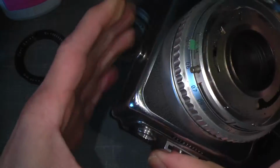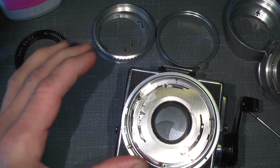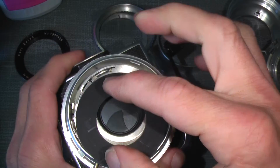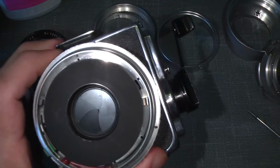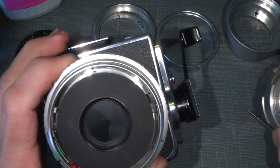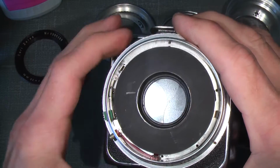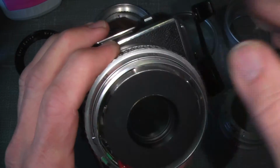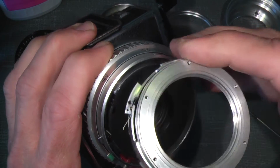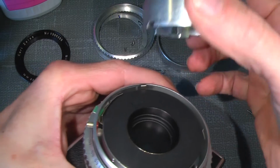Now, then it's time to put things back in again. And here we're done. So, the blind here, black thingy, put on here. The cover for the shutter. Remember the spring here goes where the locking pin for the self-timer sits, and then it should be possible to, maybe it's easier to see that way, here, and the pin,